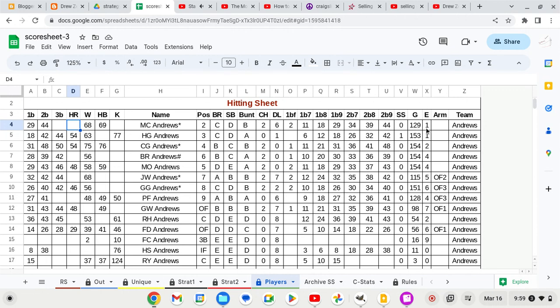This next category is the E. This will give you what kind of era they are, 0 being the best, 9 being the worst. This is your arm strength. This is only for the outfield, and 1 being the worst, 4 being the best, and the name of the